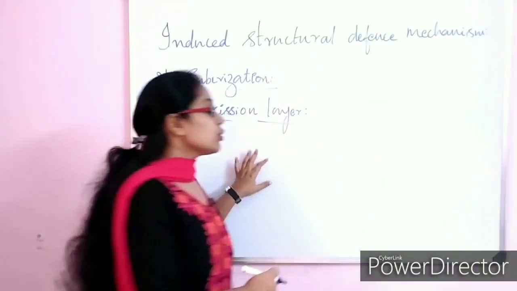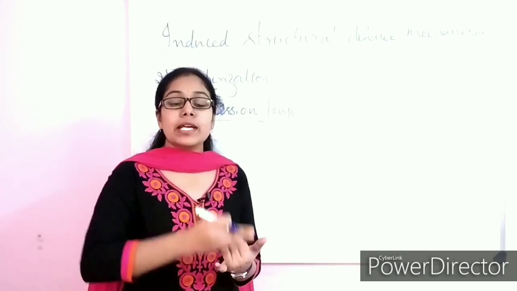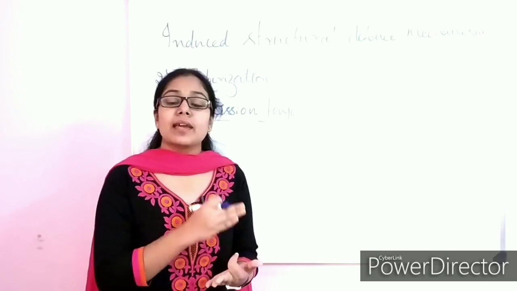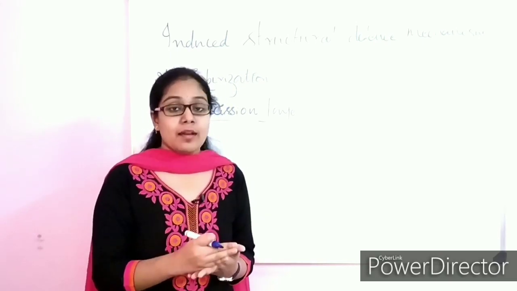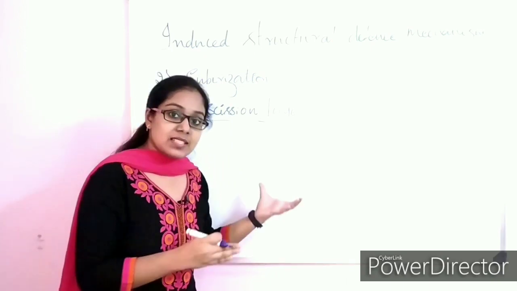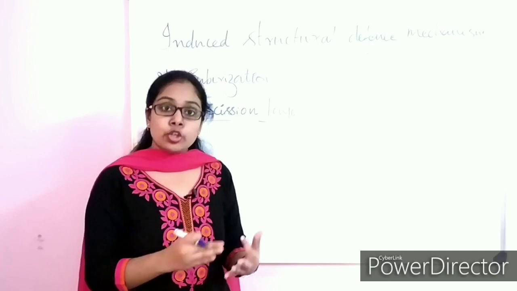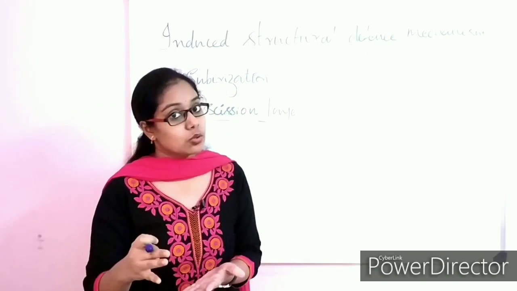Usually in the abscission process, generally the mature leaves, mature flowers, and mature fruits will fall off, or they may drop off from the host plants. But here the plants use this as their defense system in order to drop off the infected cells which are associated with the pathogens.